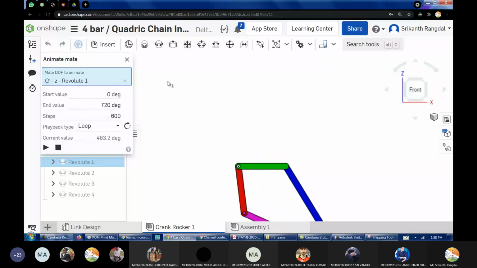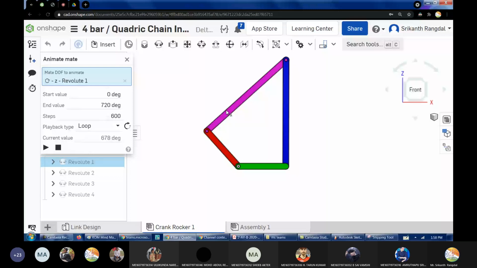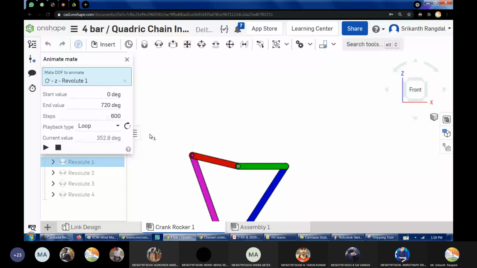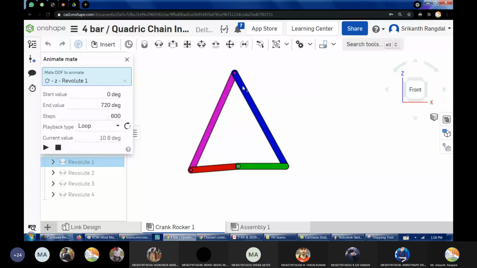Okay. So now the green link is fixed. This is what we are getting. So when we are fixing the red link, we will again get a similar result. Now let us see what happens if one of the longer links is fixed. Ready? Let us now fix one of the longer links and see what happens there. Okay, ready?